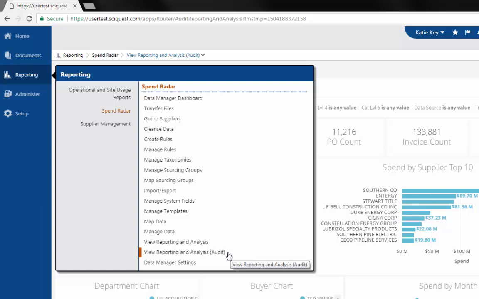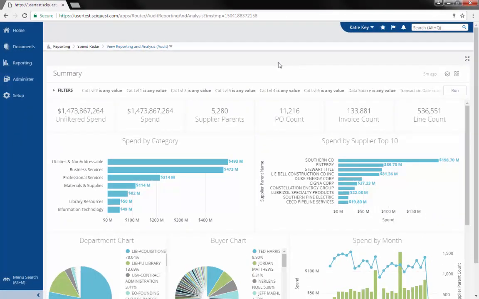If you have never logged into the Jagger Source-to-Pay suite, you'll only see the View Reporting and Analysis Audit option that you see here. You'll use either of the audit options for your validation, and then once everything is confirmed and you've signed off on it, you'll use View Reporting and Analysis to actually work in your reporting to answer questions for your organization. So you'll just click on View Reporting and Analysis Audit, and then it will pull up